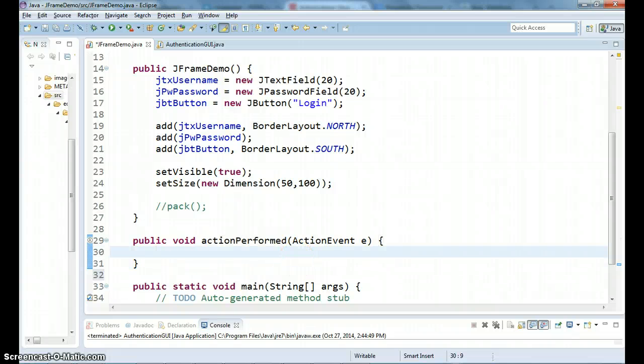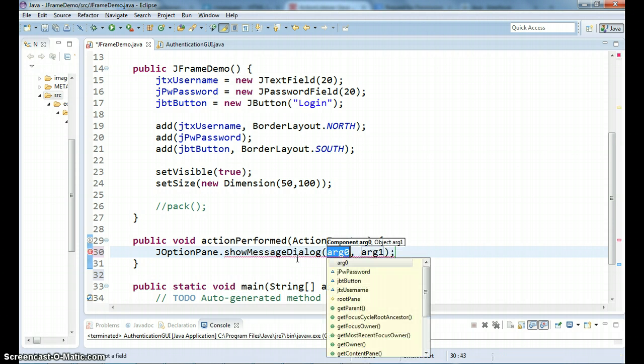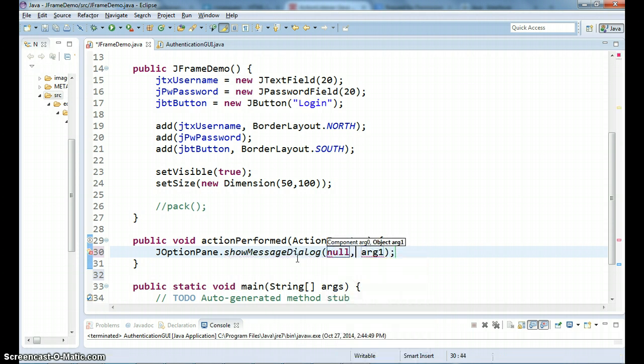Now, we're going to make it show something. When I click the button, state JOptionPane.showMessageDialog, fail authentication. Okay, now